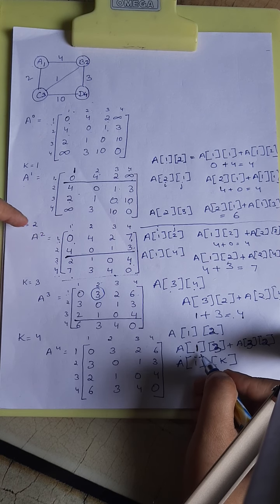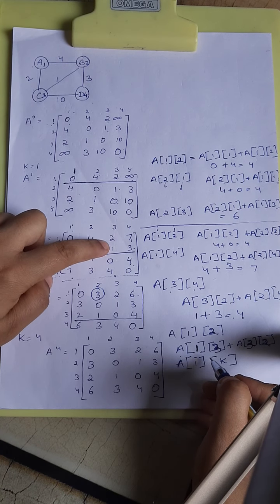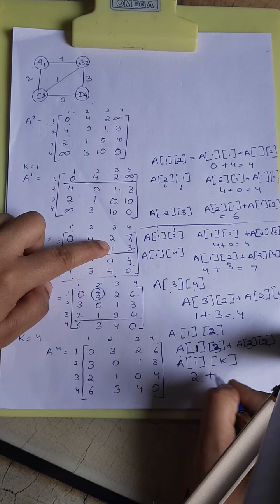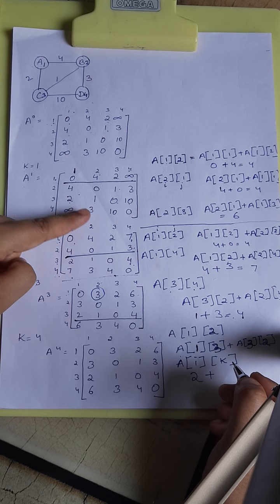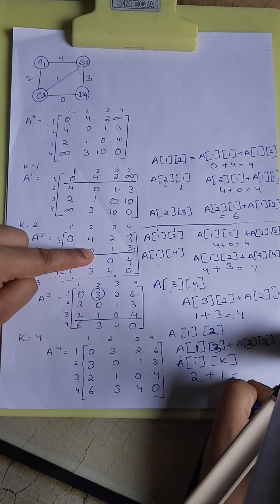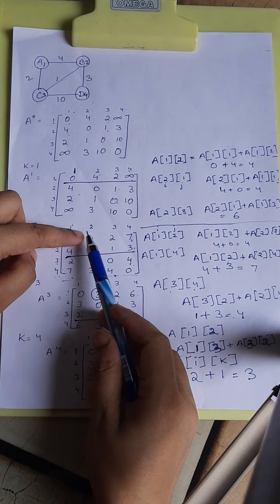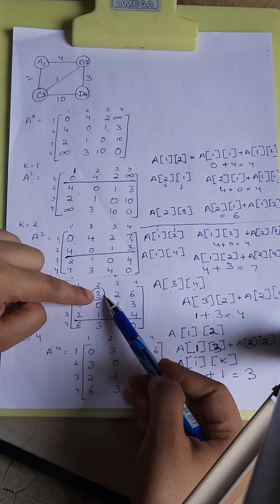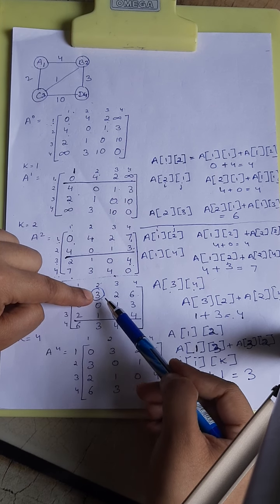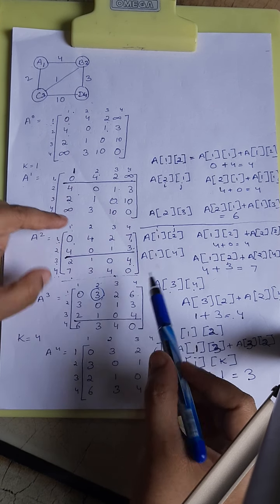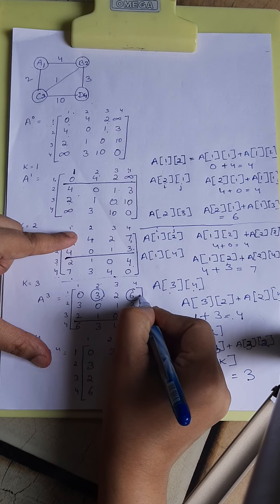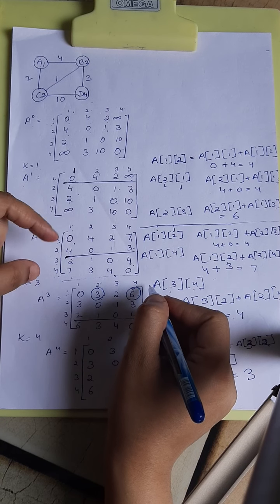What is the value of a of 1, 3? A of 1, 3 is 2. So this will be 2 and 3, 2 value is 1. So answer is 3. So if you check with the previous value at this particular cell, value was 4. Now you got 3. So as 3 is smaller, we'll replace it by 3. Okay. Similarly, for this cell also, you'll get the less value via 3.